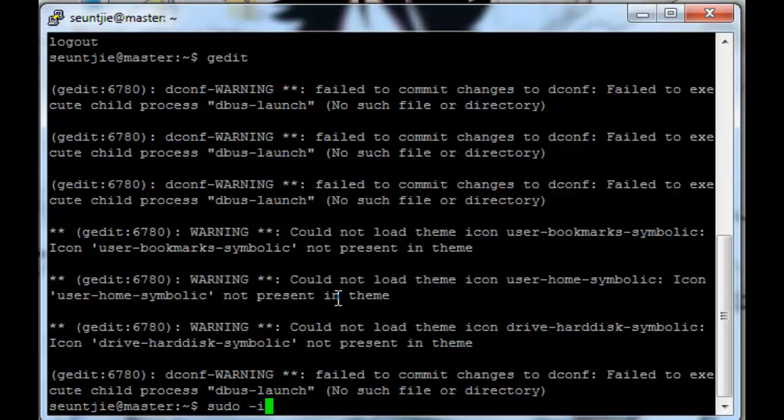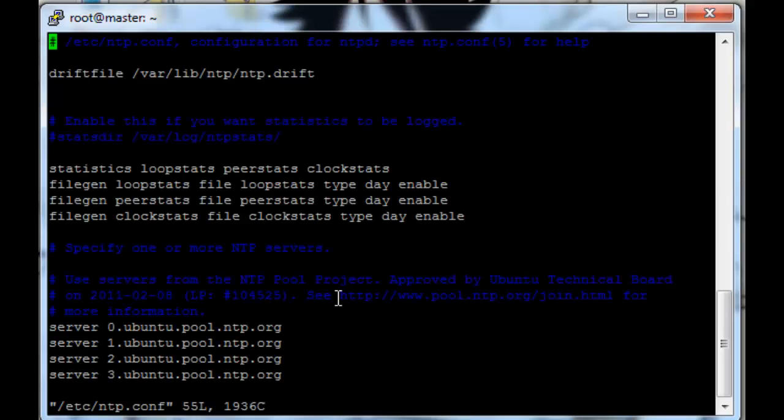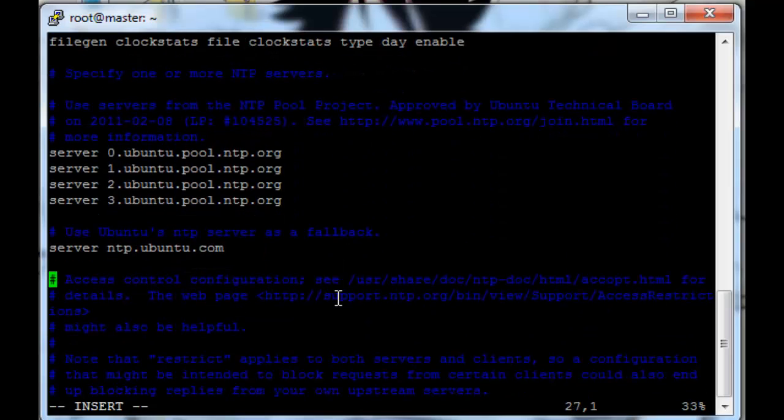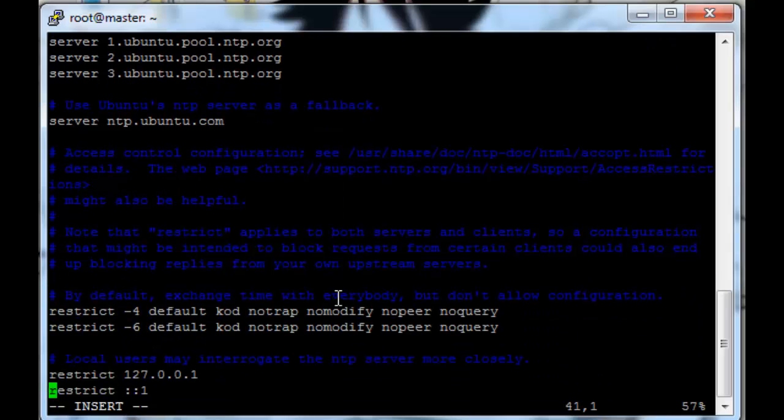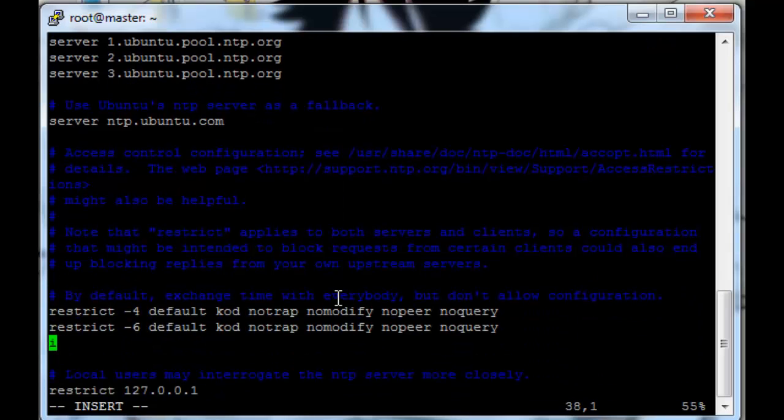Just gonna go back to sudo and then clear the screen. Next up is the NTP configuration. In the second video we already installed NTP via apt-get, so the configuration file should be there, and there it is. So again, as in the CentOS, or well, Scientific Linux videos, we want to keep these servers as they are, and then at the restrict lines, not these ones,